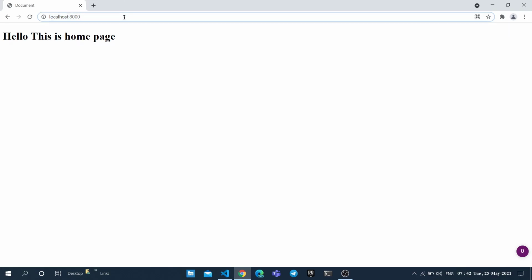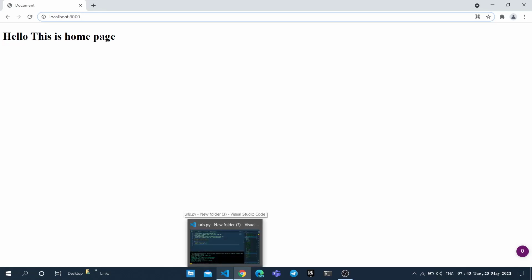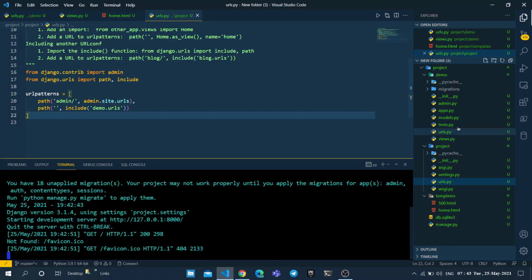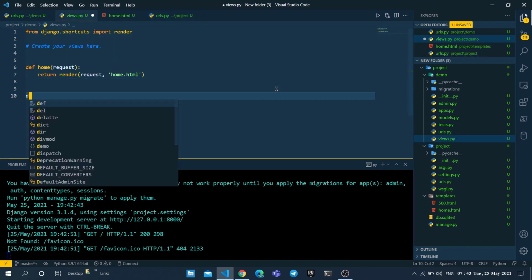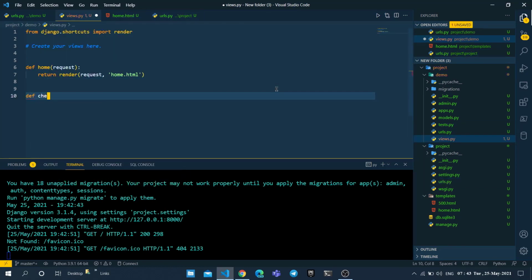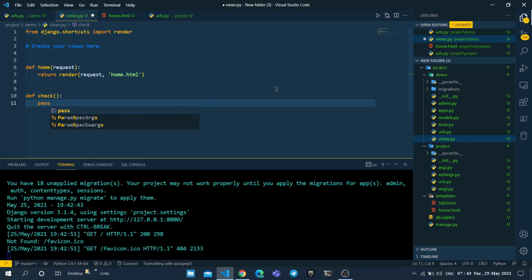Before going to our final custom 500 template, I want to show you a demo of the Django default 500 error template. For that, go to the views again and create a dummy view for checking purposes. Let's create a view named check and just write pass.